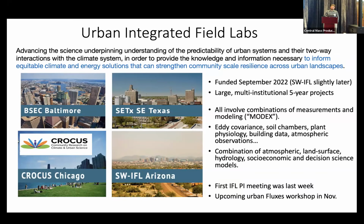Atmospheric observations include local conditions, microclimates, and air pollution in some cases, and hydrology, looking at flooding, and 3 of these are coastal systems. The modeling landscape in these IFLs is pretty complex. Of course, there's no one model that can really represent these urban systems. So we all have combinations of atmospheric models. A number of these projects are using various flavors of WRF and the urban canopy model, and land surface models. We're trying to bring in information from ELM, DOE's model, hydrology models,